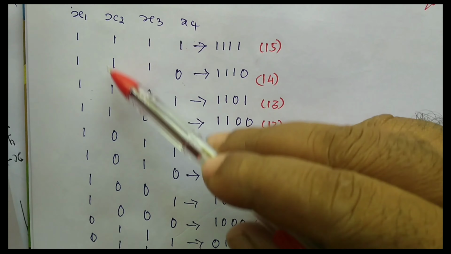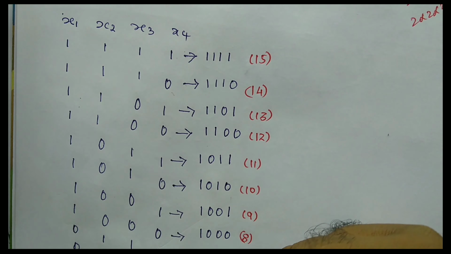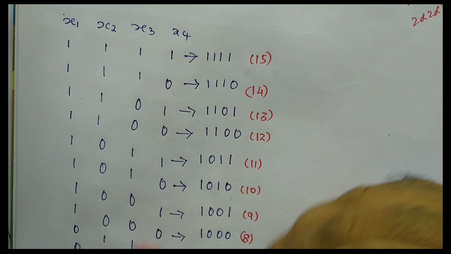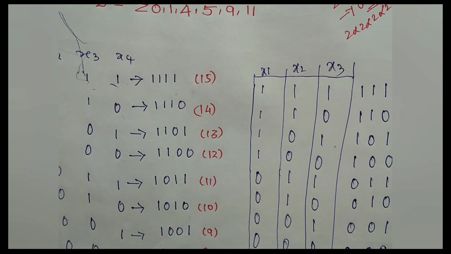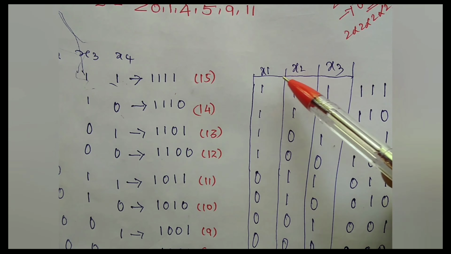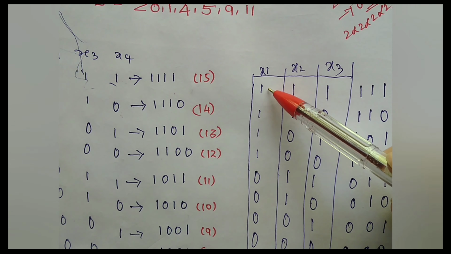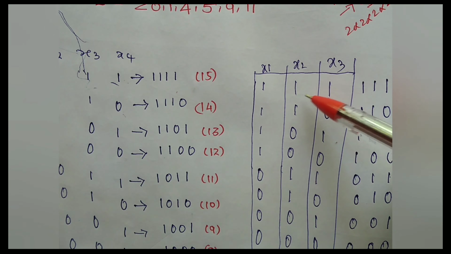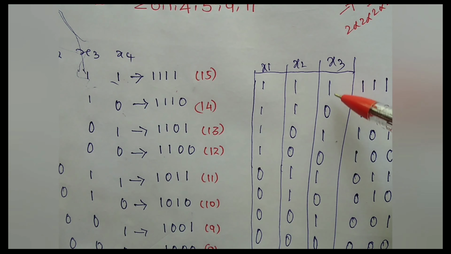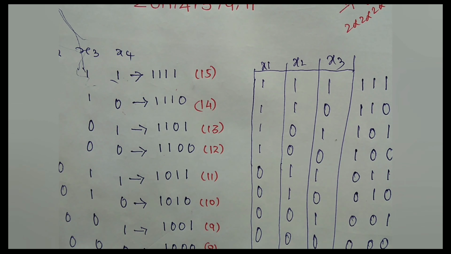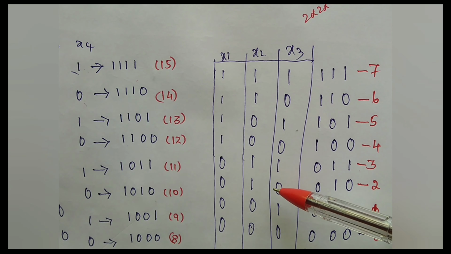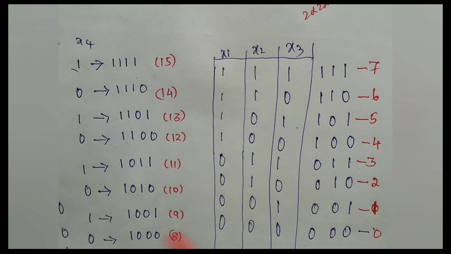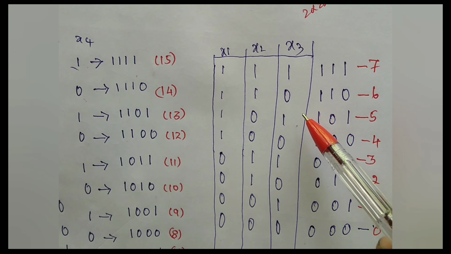So if you know the values corresponding to the numbers, you don't need to write these things. Otherwise, you write this column and find its corresponding numbers. So how to draw this cube? For 3 variables, x1, x2, x3, that is 4 ones and 4 zeros, then 2 ones and 2 zeros, then alternative 1 0 1 0, total 8 values. Its corresponding numbers are 0, 1, 2, 3, 4, 5, 6, 7. So for these 3 variables, we can get a cube. For 4 variables, we can get 2 cubes. So first draw a single cube.